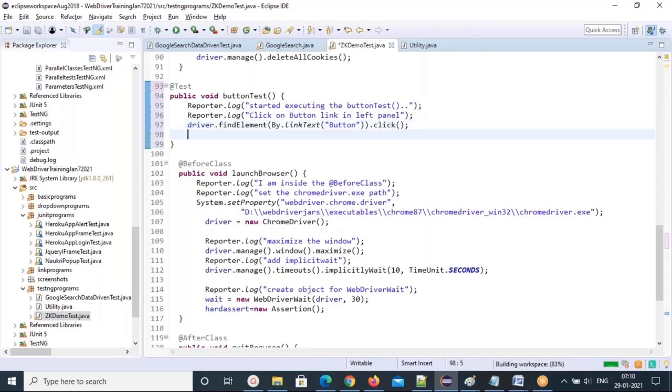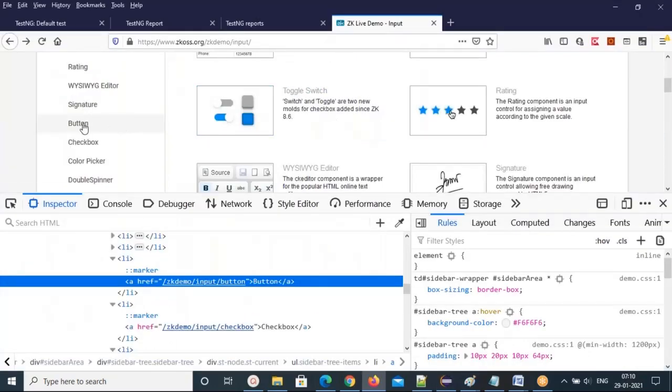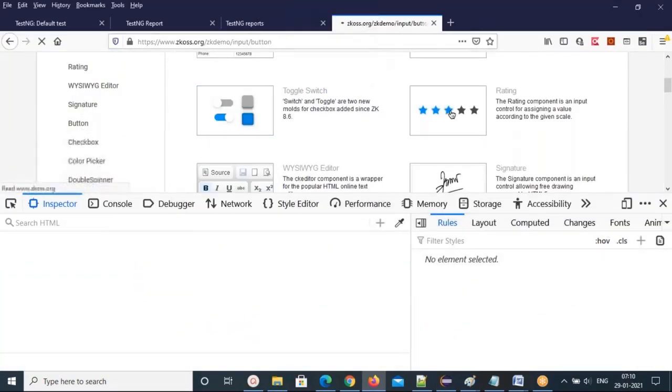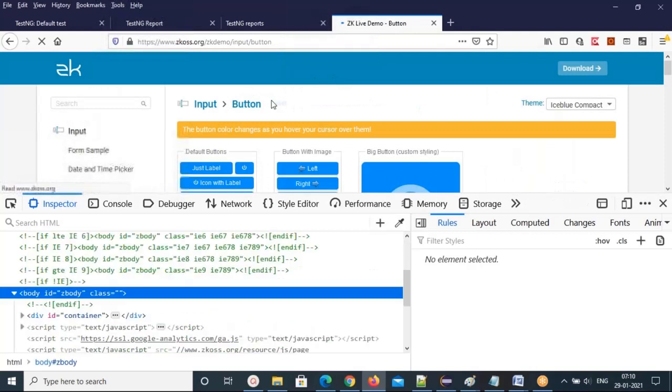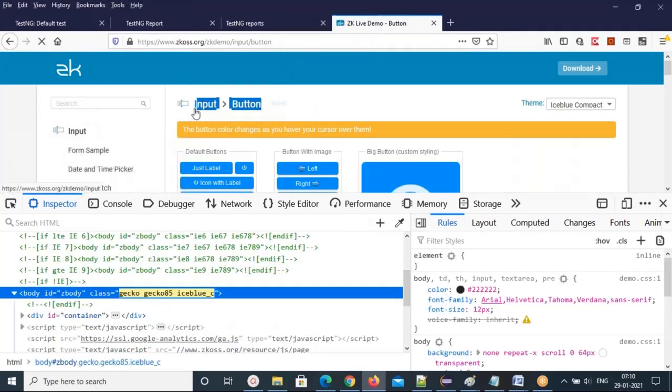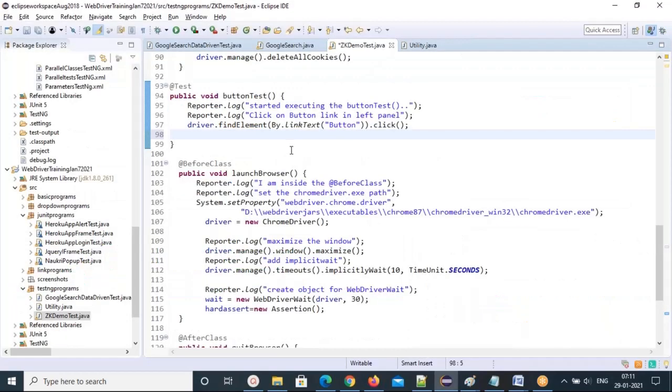Then after that, it will go to the next page, right? On that page, you validate this breadcrumb or this page title. Both we will do. Okay, let me show you how to do both.